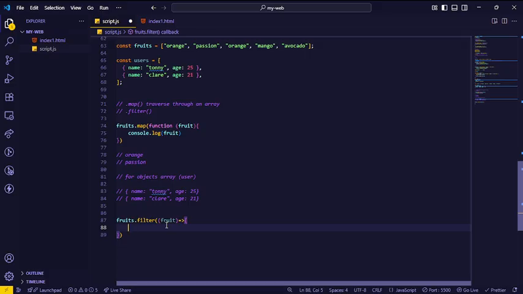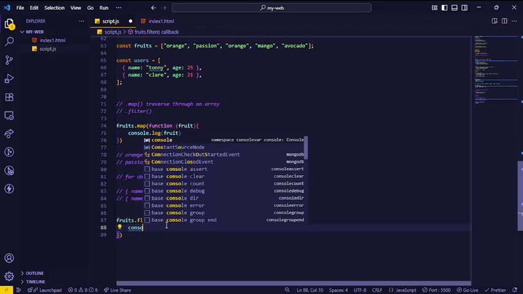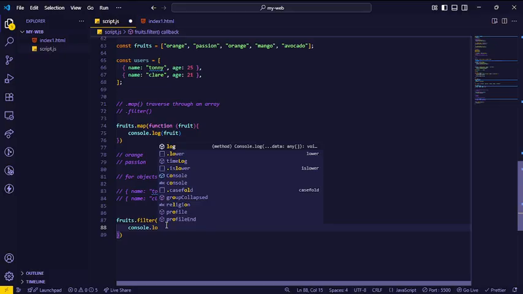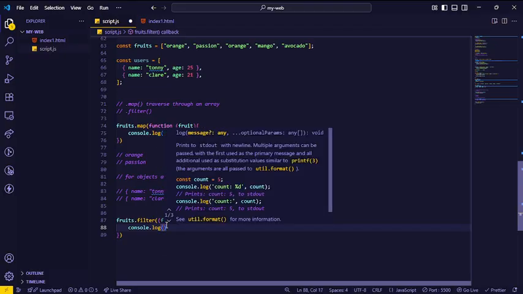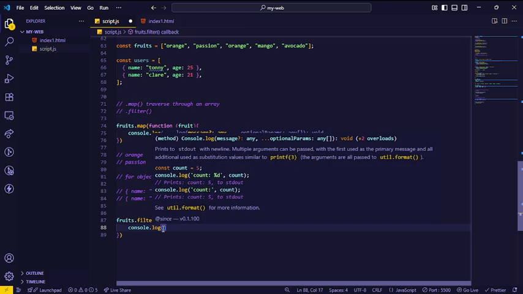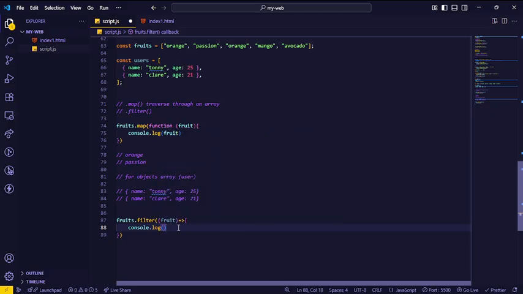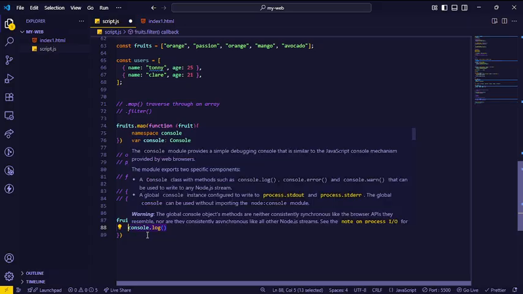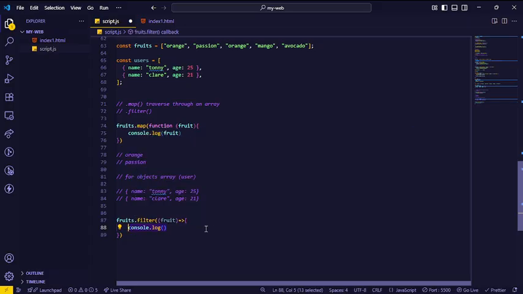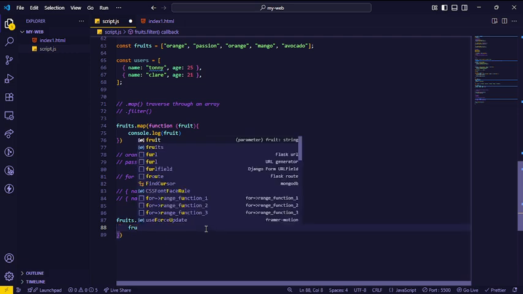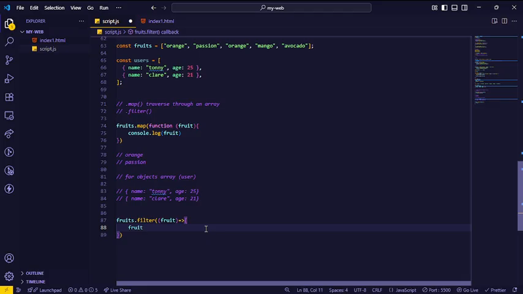And then we are going to filter everything in the array. For this case, say I'm going to console.log everything in the array that does not meet a given condition. For this case, we are just going to use maybe the ternary operator. For this our case, if I say fruit, if fruit is not equal to